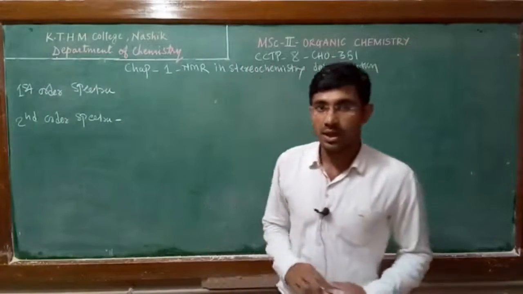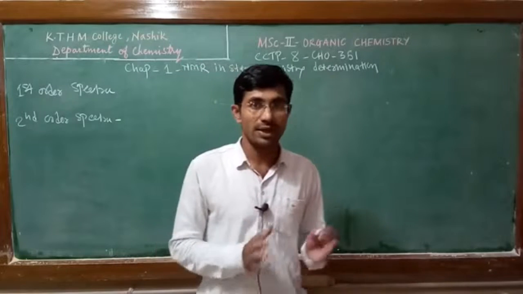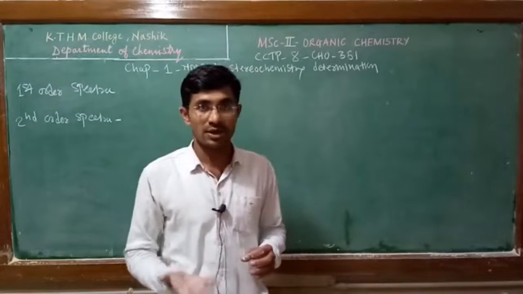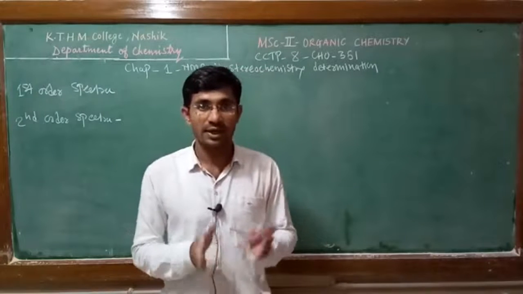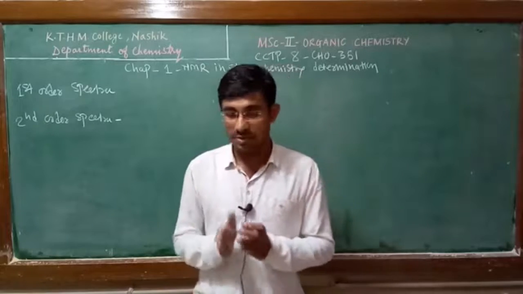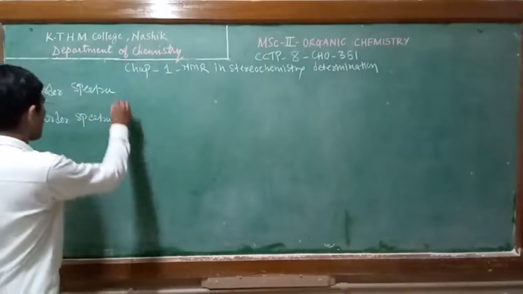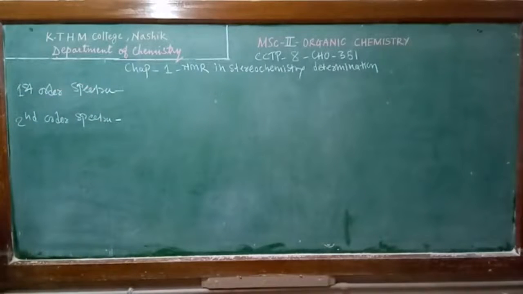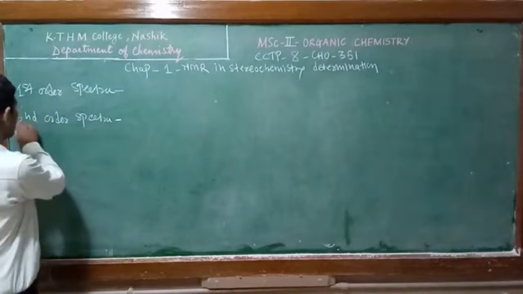So in the last lecture I taught the topic chemical and magnetic equivalency. In that we have learned that chemically equivalent protons are magnetically equivalent. Most of the time they are equivalent, but in some cases chemically equivalent protons are not magnetically equivalent. When chemically equivalent protons are magnetically equivalent, that time we get the first order spectra. But when chemically equivalent protons are not magnetically equivalent, that time we get the second order